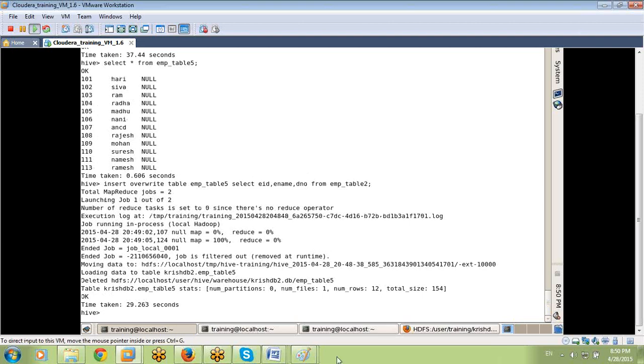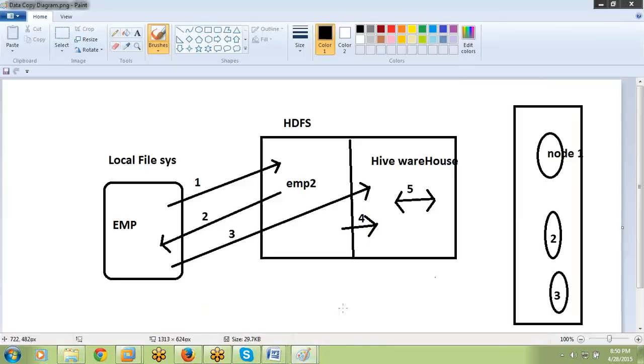Yes, clear. The 5 arrows are clear. The 5 arrows are important. Before coming to the next class, try to practice these 5 arrows. Okay, whatever clarity you have on these 5 arrows, that much clarity is there for further classes.